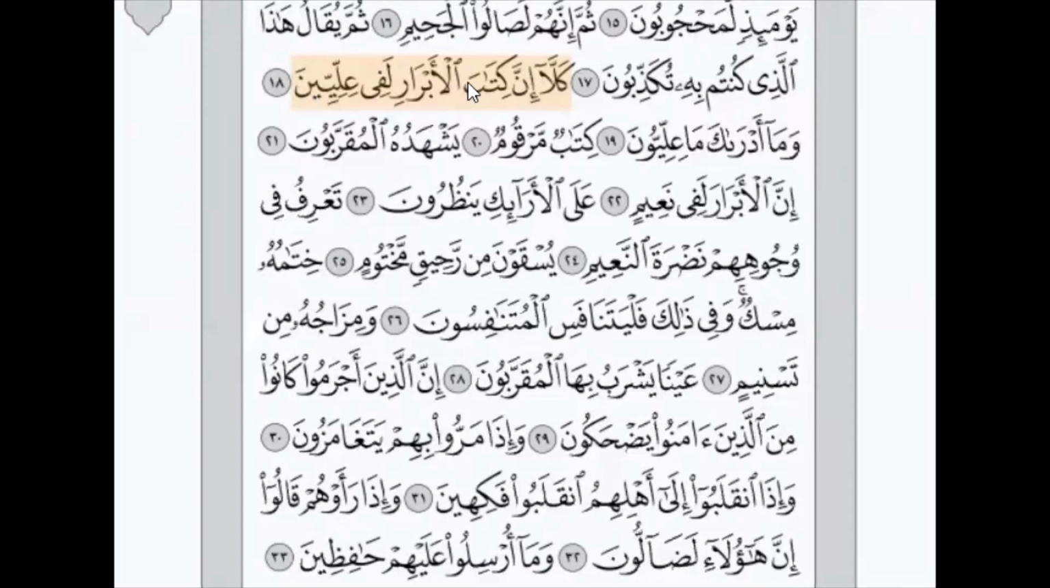كلا إن كتاب الأبرار لفي عليين. So he only extended it for 2 counts in this situation. The next ayah. وما أدراك ما